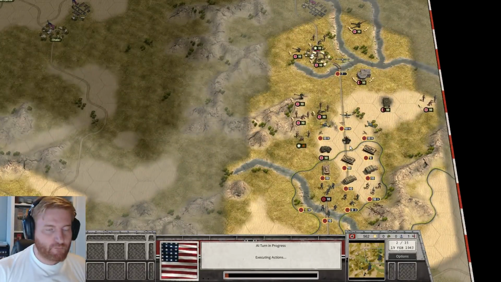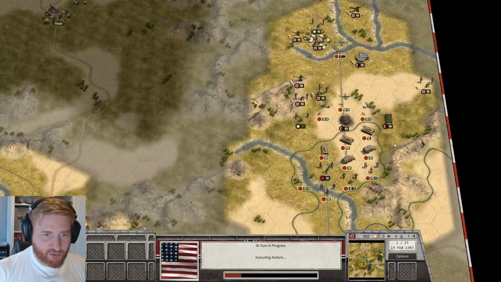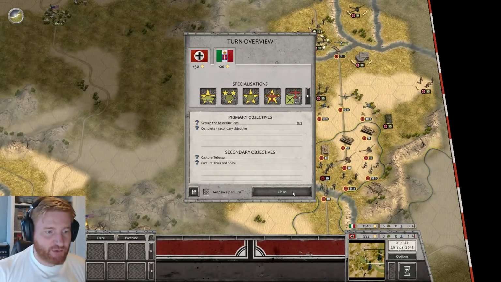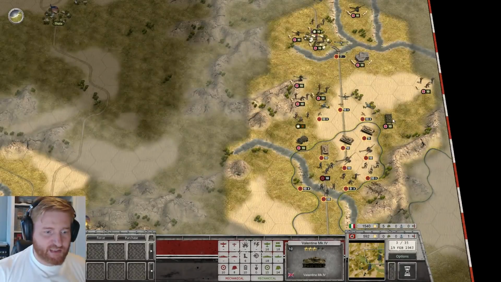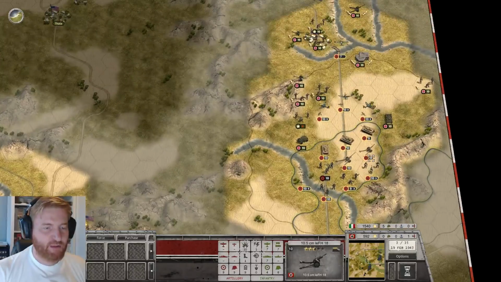Allied turn 2. So the tank came alive. Is that a 4-star Sherman? I think it's a 3-star Sherman. That's pretty nasty. Will definitely hurt. It is a Valentine, but yeah, 3 stars. How did I see that as a Sherman? Anyway,